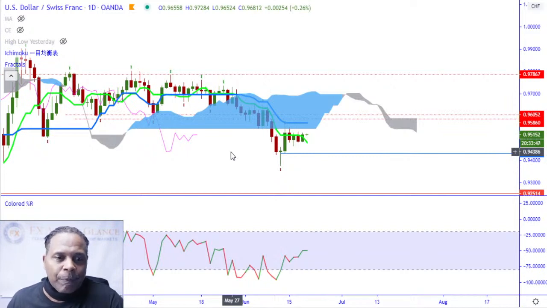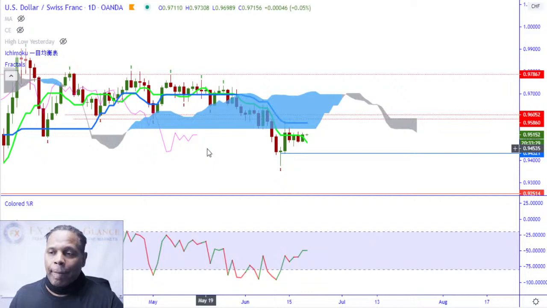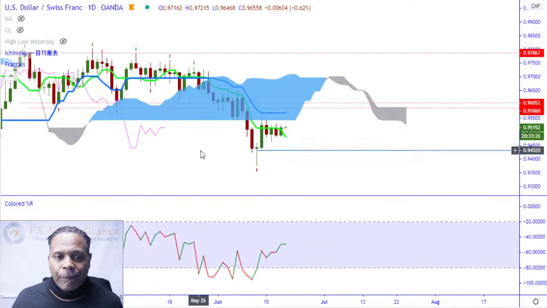Somebody on YouTube told me on my fractal video that the fractals are a lagging indicator. That's because they use them in a lagging way. I use them in a leading way. Them fractals tell me where to trade way before the market is even there. I can set up my trade a week before the market even gets there, or 2 weeks prior, depending on